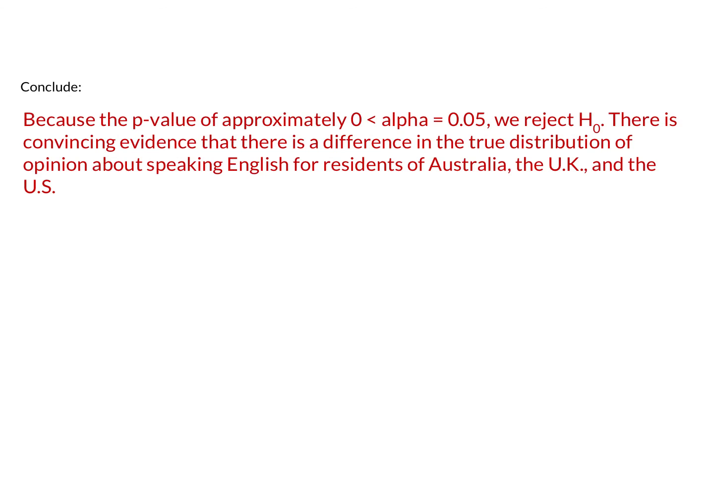Because the p-value of approximately 0 is less than my alpha of 0.05, we reject the null. There is convincing evidence that there is a difference in the true distribution of opinions about speaking English for residents of Australia, the UK, and the US. So make sure that you put it back into